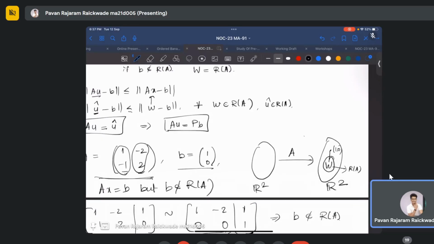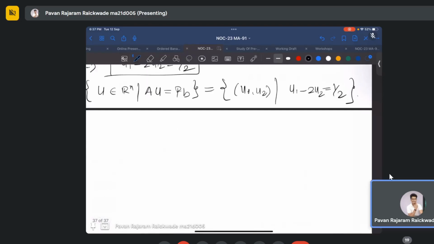What I did is I took its projection in W, which was my element 1 by 2 comma minus 1 by 2,